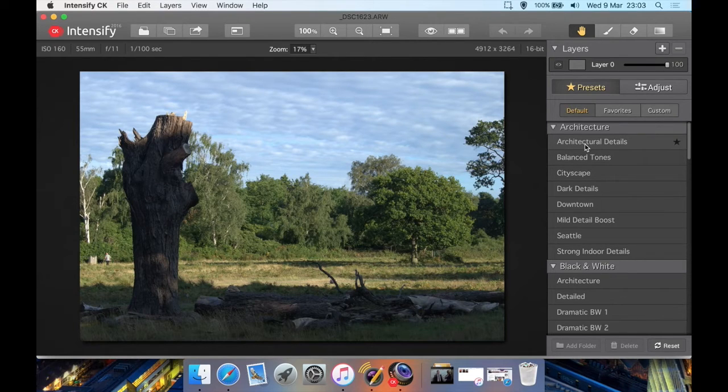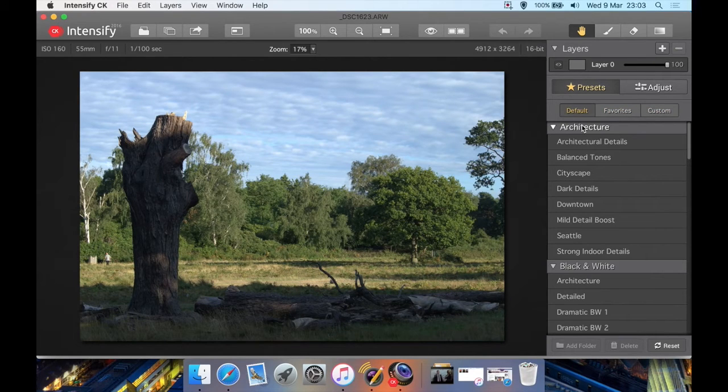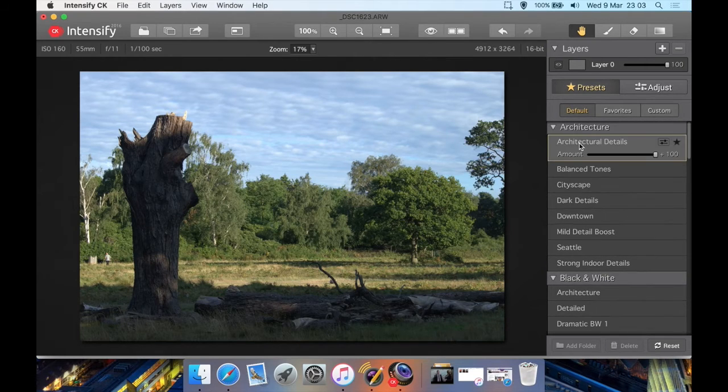Now let's have a look at some of these presets. With the presets, we can add them to favorites, create our own, or look at default, which is the ones that come with the program. We have architectural detail, which looks actually quite interesting. Look how it brought out the sky, although it looks a bit grainy now,